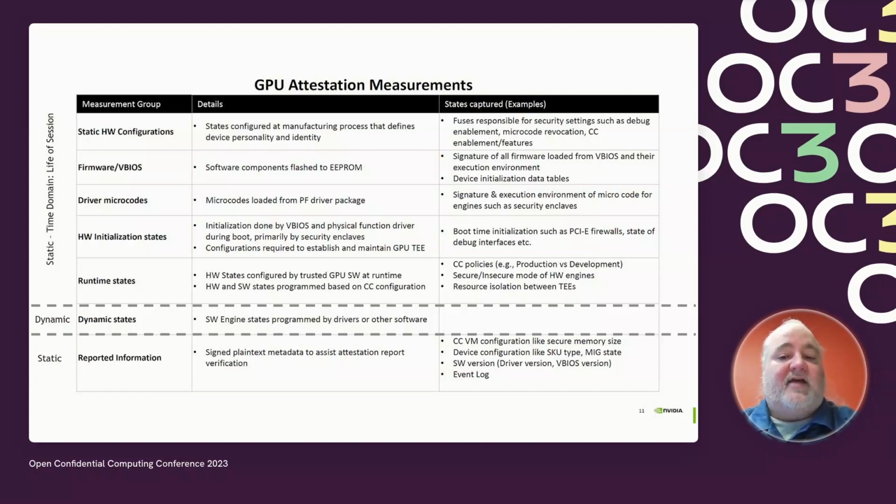So this would be things like the size of the security memory enclaves, or what SKU it is, the MIG states themselves, what driver versions or vBIOS versions are running. And then there's also an event log that's captured as part of that, so that when various security events may occur, that event log is captured as part of attestation to ensure that it is properly signed, sealed, and provided to the trusted VM in order for them to examine it,